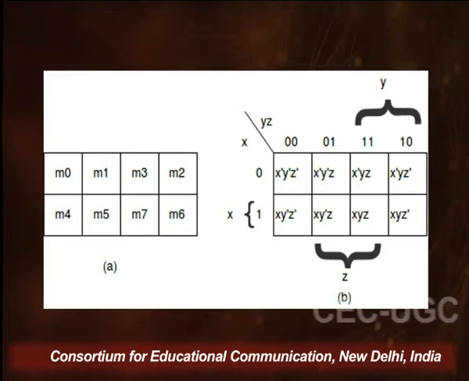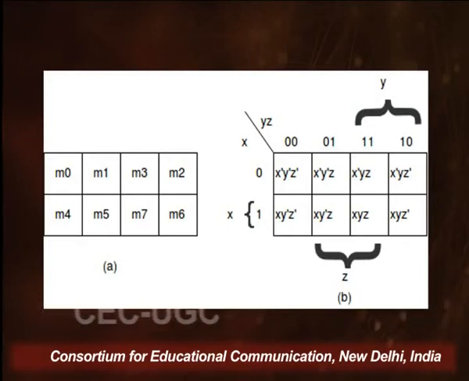Similarly, if you want to represent it in the form of X, Y, Z, we usually take X on one side and Y, Z on the other side. You see X is 0 and 1. Similarly, with Y, Z, you will have 4 possible combinations: 0 0, 0 1, 1 1 and 1 0. Now, if you look at each of these cells, only one variable changes as we move from one cell to the other, and that is what makes them logically adjacent.